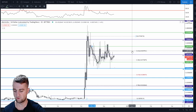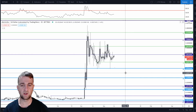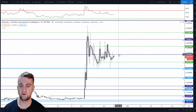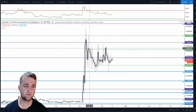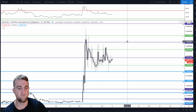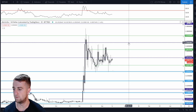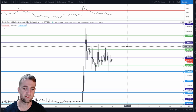We'll get rid of that fib because that's a bit confusing. So that is a buying zone here, and then the 618 if we lose it. Potential area to target is, this is the first level at 5.3 cents. Once we do close the daily candle above that, this is quite a wicky area, so close the daily candle above 6.1 cents, and then this is the next major area. What I will do is when we break some daily candles above 6.8 cents, I will do some further analysis,